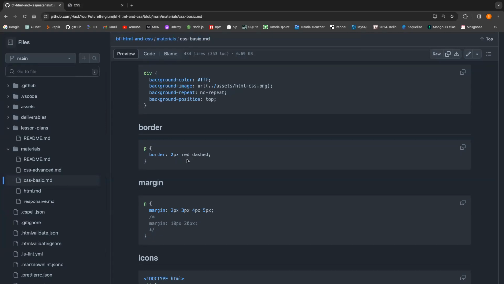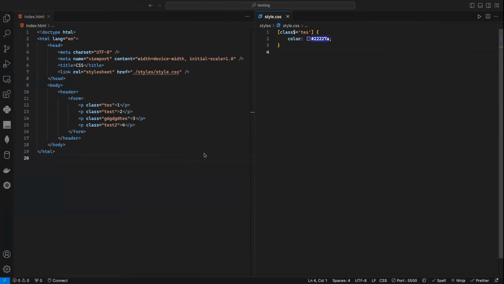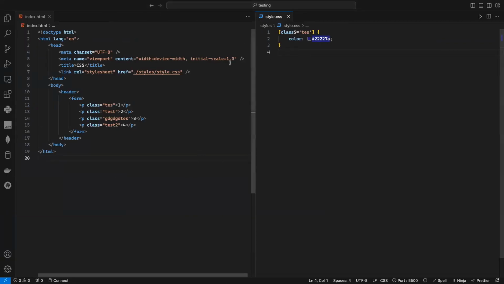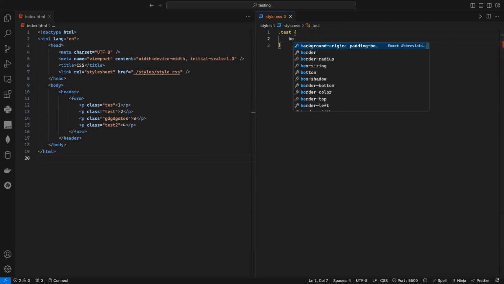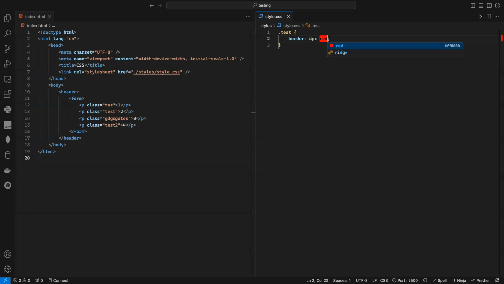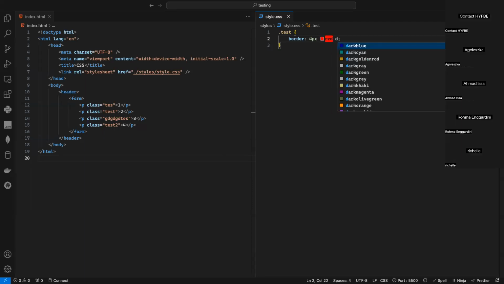You can control the border here with multiple properties. The order does not matter really. So for example, if I have a p tag, I want the border to be 2 pixels, I want the color to be red, and I want the style to be dashed. So let's try, do I have any p tag? Yes, I have. Let's select the one with class called test, like that. And I want the border here to be 4 pixels. I want it to be red. And here I want it to be dashed, for example,